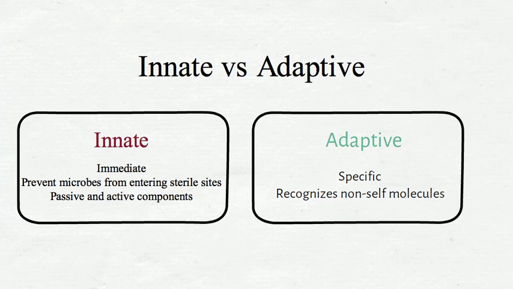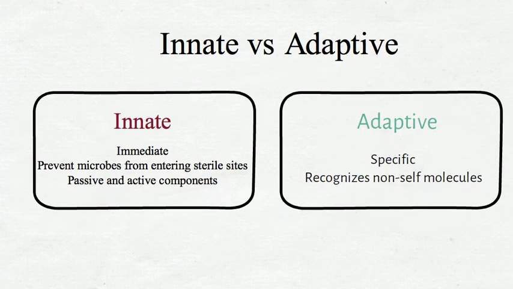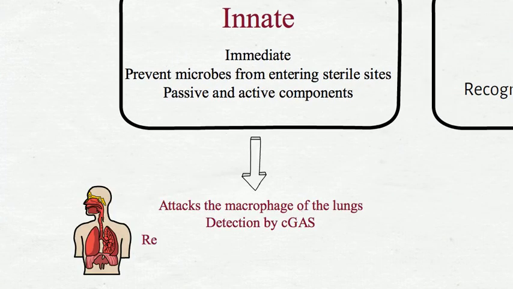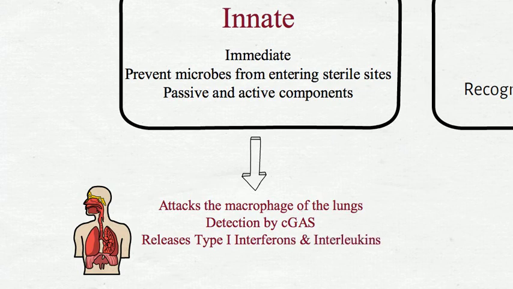When looking at the innate immune response to Mycobacterium tuberculosis, this bacterium will first attack the lungs' first response immune cell, the macrophage, upon infection, where it will release small bits of unidentified DNA. This is detected by a DNA sensor molecule called cGAS, found in the macrophage. The macrophage responds by releasing type 1 interferons and interleukins, as well as harboring the pathogen and transporting it to